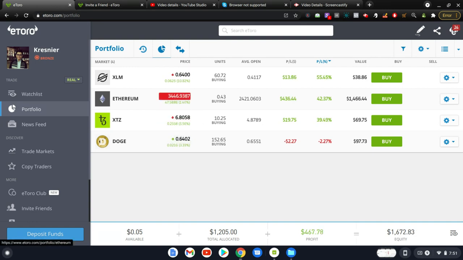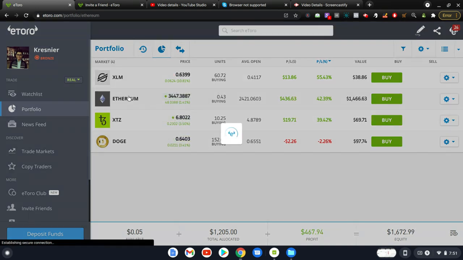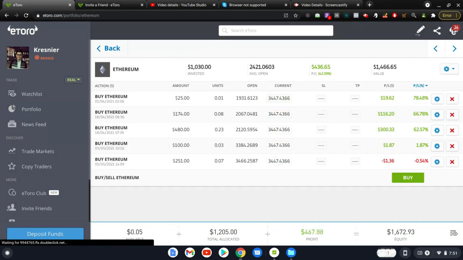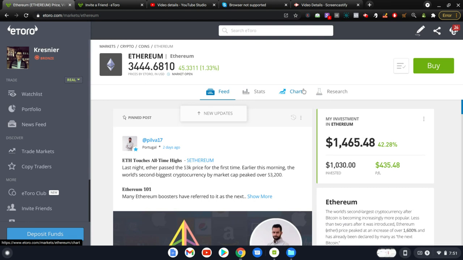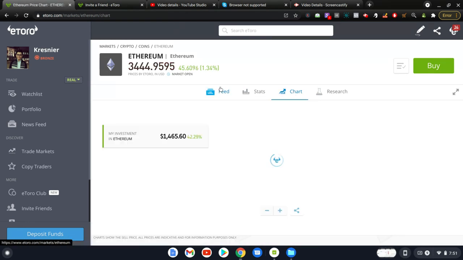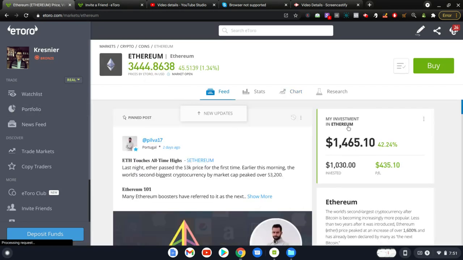So you purchase, you watch the trend. You want to take a look at the trend. Don't go off your gut. You have to use the information. So you click on it, and that's how you can go inside the profile. See that? And click on chart, and that's where you see the performance. If you have investments on multiple e-currencies, you go inside of each one, and that's how you can see the number for each one.